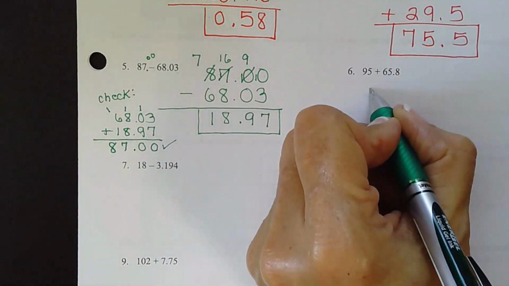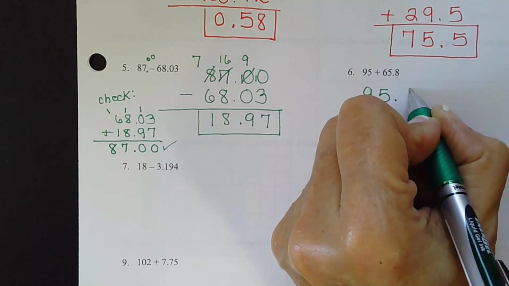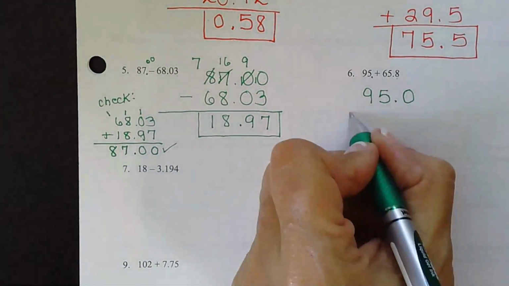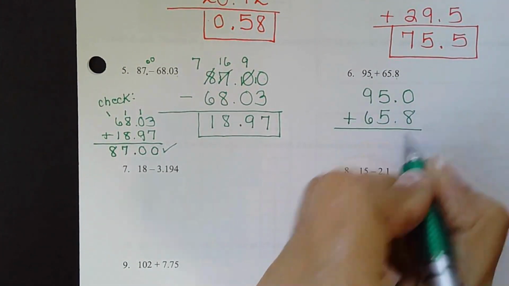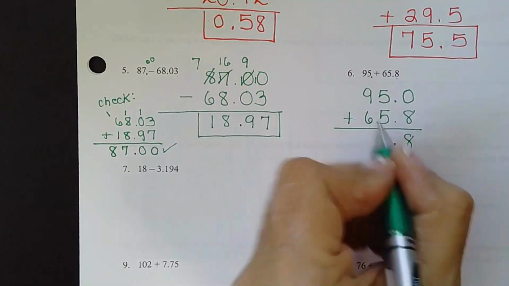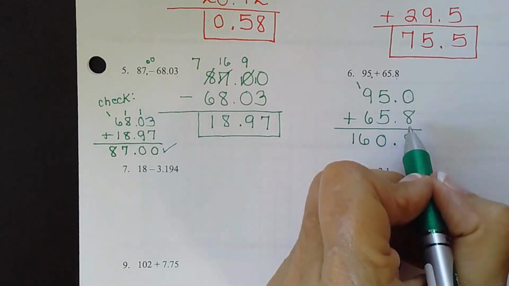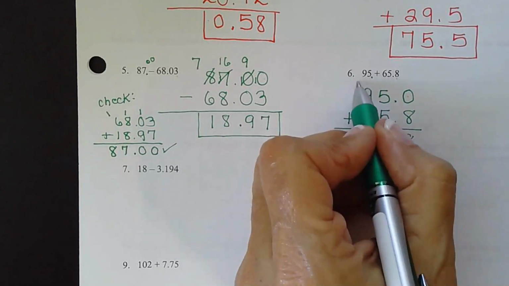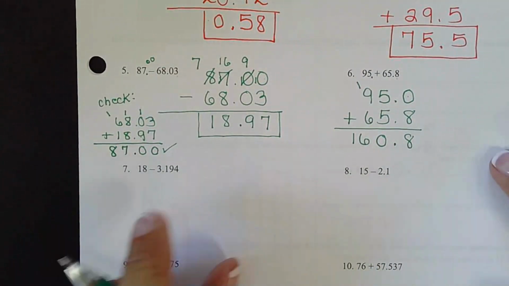Okay, one more for us, and then you guys get a couple to try. So I see I need 1 decimal place, so I put that after the decimal in 95, and I'm going to add that to 65.8. So 8, bring down your decimal, 10, carry your 1, 9, 10, 16. So 8 plus 0 is 8, decimal straight down, 5 plus 5 is 10, carry 1, 9, 10, 16. So that would officially be read as